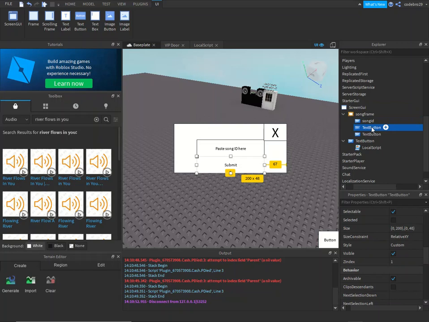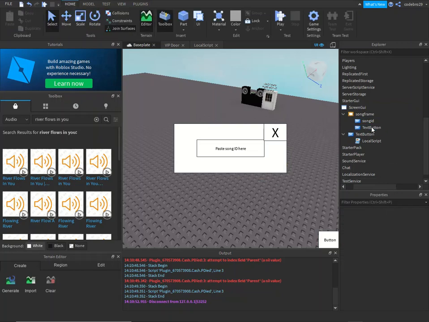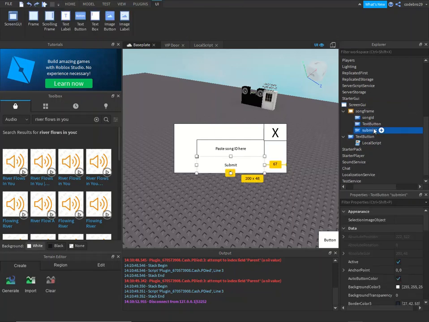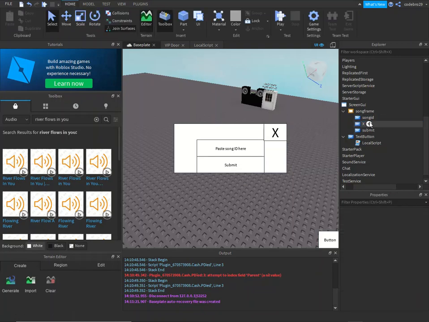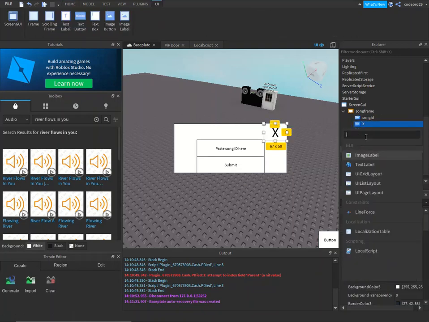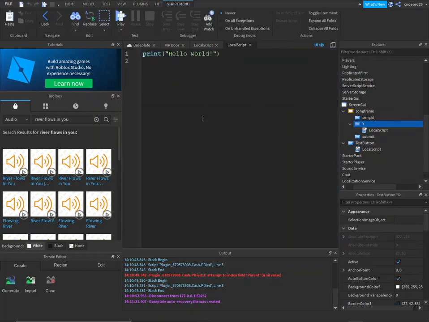This text button, the submit one, we're just going to name submit. And go ahead and make sure that it is not capitalized. That's pretty important when we're scripting, and you'll see why later. Submit. Text button, just do that one as X, alright? So we're going to add a local script in X. Local script. This local script, get rid of the print hello world, and write